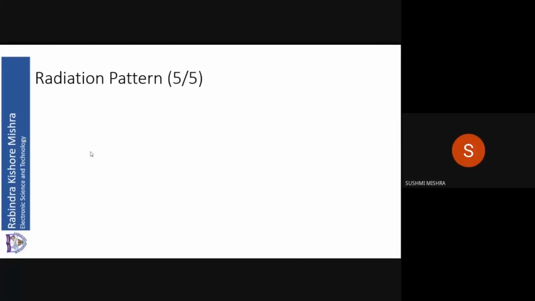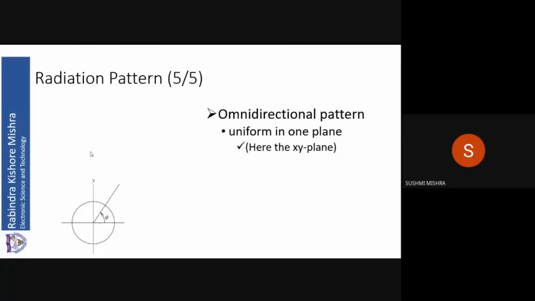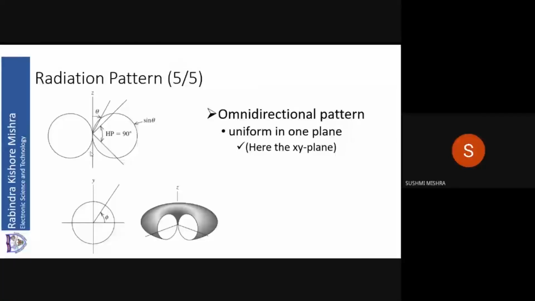Then let us look at what is called the omnidirectional pattern. This is a pattern in which there is no theta variation. We have come to a plane in which we keep theta fixed and we vary phi. The phi varies over the xy plane. So it is uniform over one plane. If it is uniform over one plane, then we call it an omnidirectional pattern. But if I look at the theta plane, it can be some different shape. In this case, I am showing you a figure of 8. In the theta variation, it is a figure of 8.